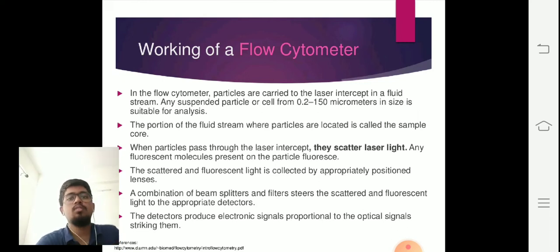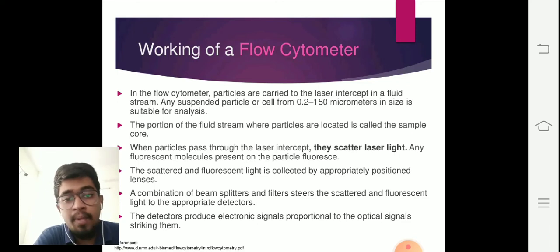If one part, for example the sample core, doesn't function, or the laser light is dysfunctional, then you cannot find appropriate results. So it's very important that all these parts work really well, and the working is so systematic that there are completely accurate results for any kind of analysis. It could be DNA analysis, it could be any kind of cancer cell analysis. This is commonly used for lymphomas, to detect the cancer cells of lymphomas.